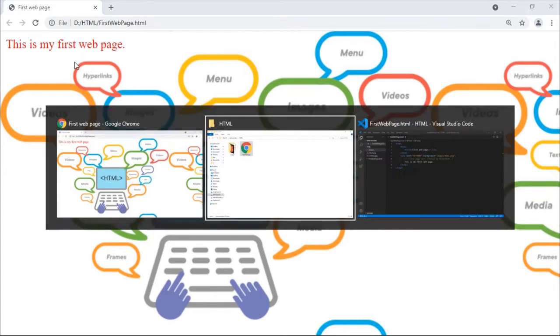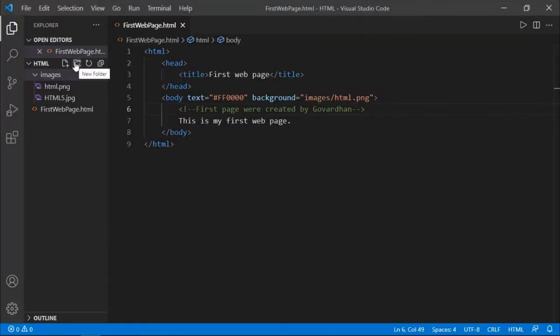Okay, then coming to another tag, B, which stands for bold. The purpose of the bold tag is to display text in a bold format, which means it increases the thickness of the text compared to normal text. Let us assume here we have a word called first.